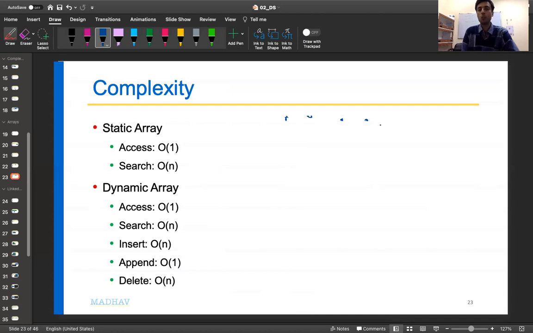It goes to position 3 and fetches the data from there, and that is it. So the complexity is constant. It doesn't matter what the size of the array is. You just move to that location, fetch the data, and that is it. So it is constant time complexity.